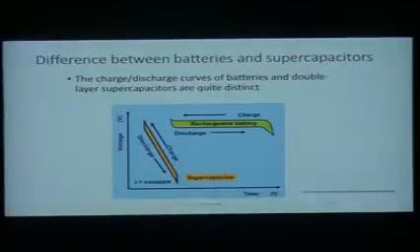So just looking at these, the capacitor and battery, we see here a comparison of the two. You have